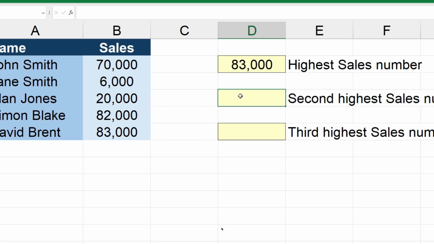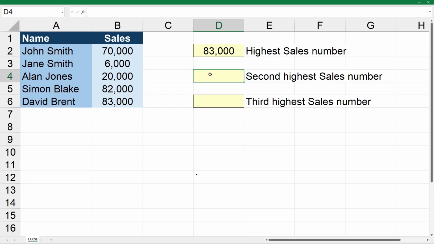Okay, moving down here, we'll get the second highest number now. We'll just start off the function and pick our array again, and comma. This time we're looking for the second highest number, so we need to put in a 2, and we'll close it off, and we get 82,000, and 82,000 is most definitely the second highest or second largest number